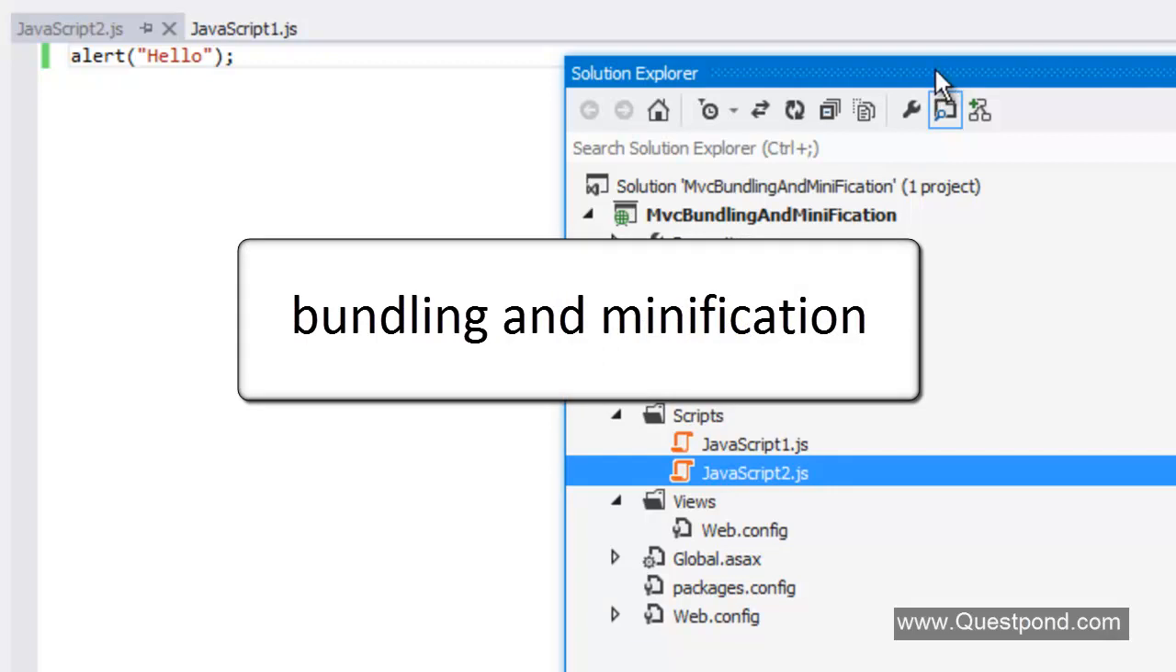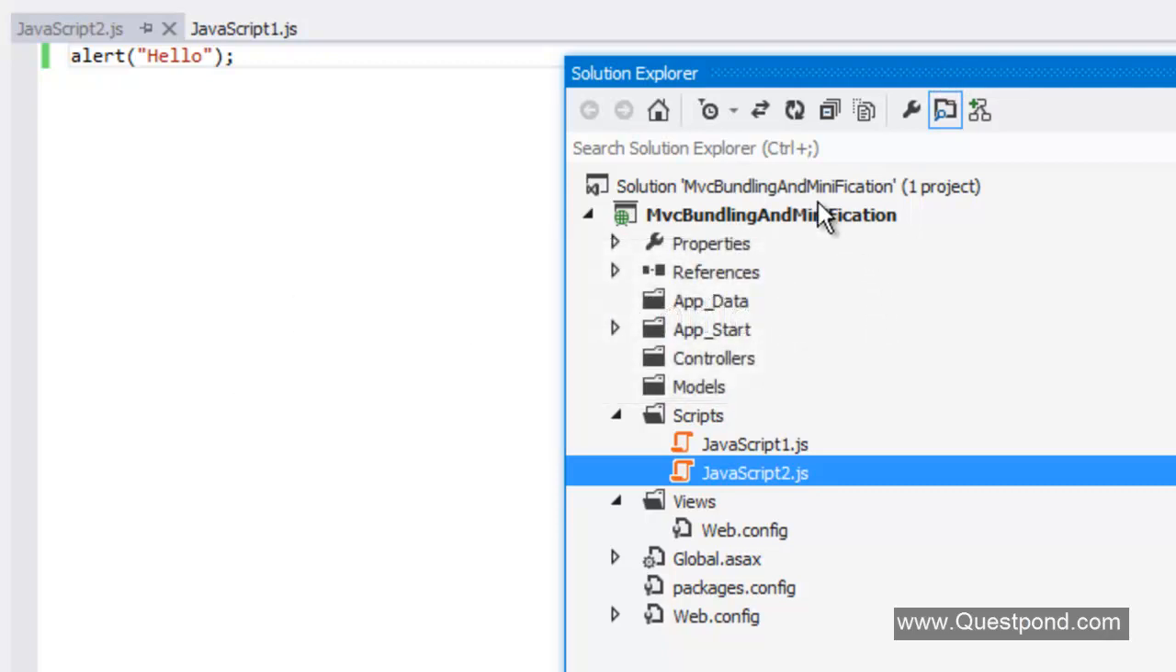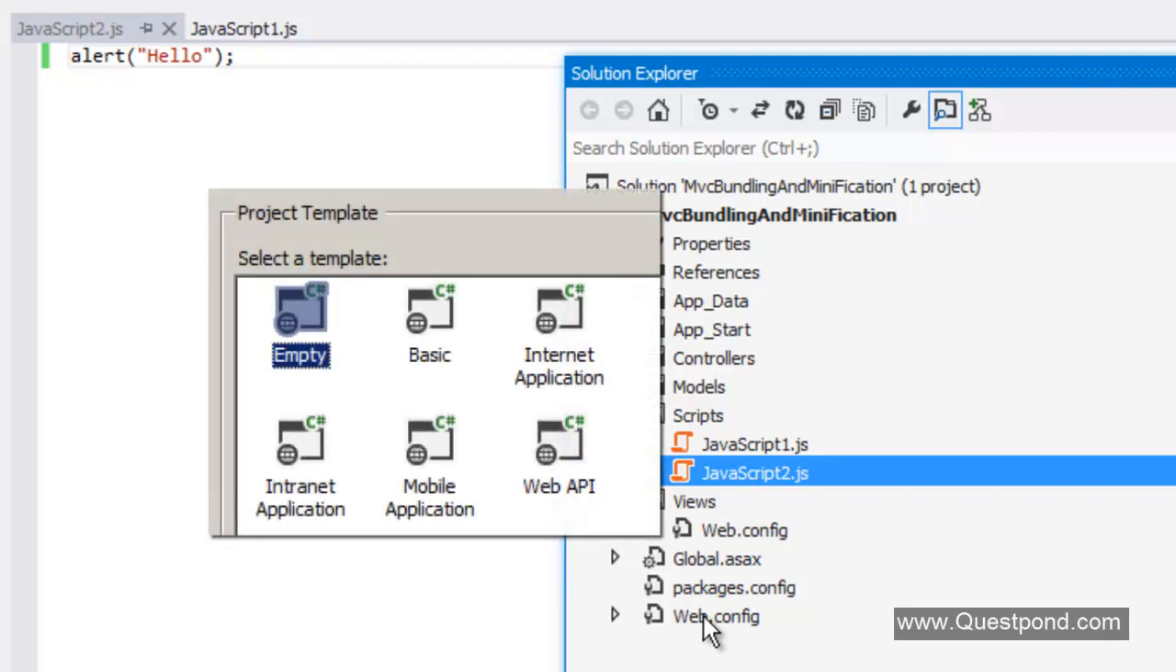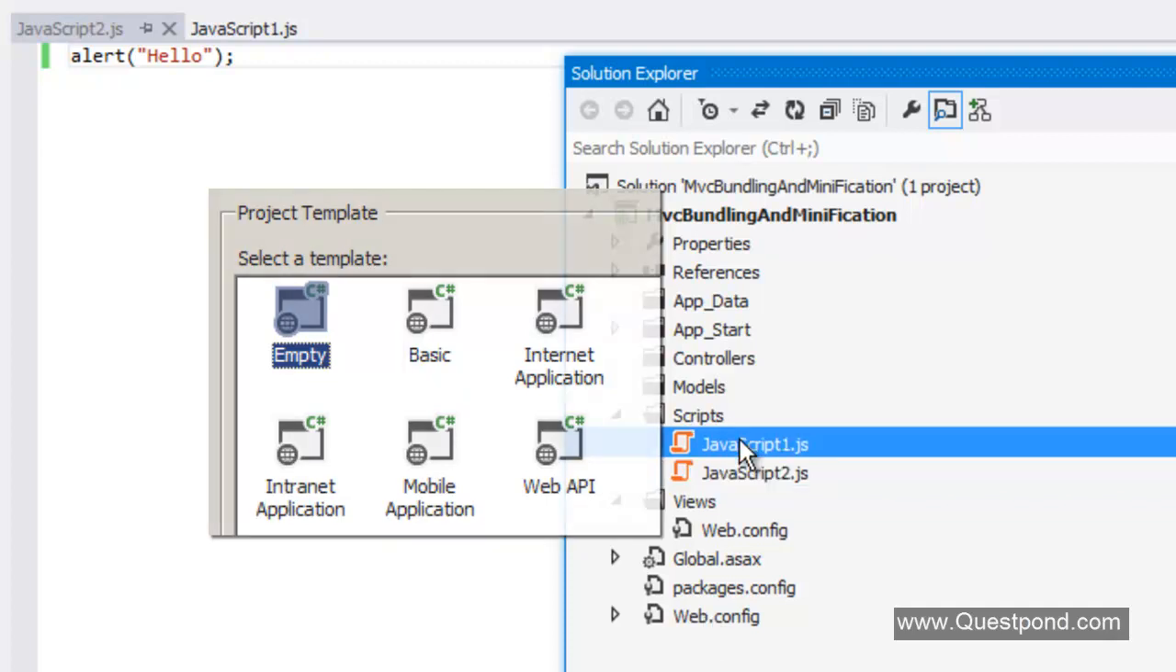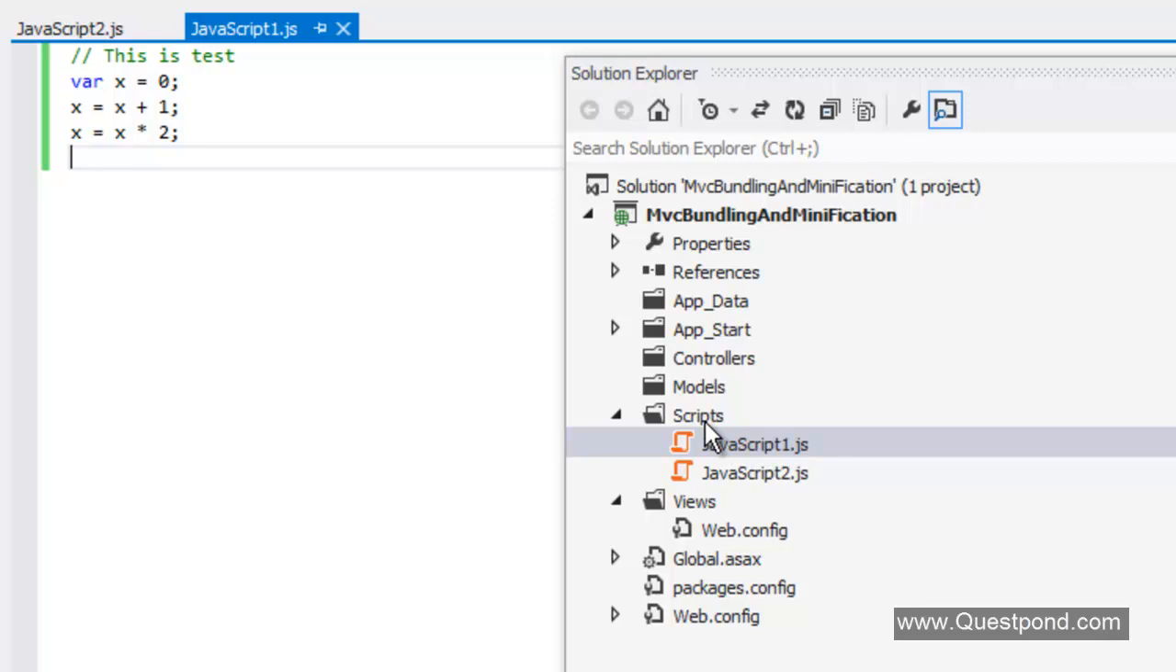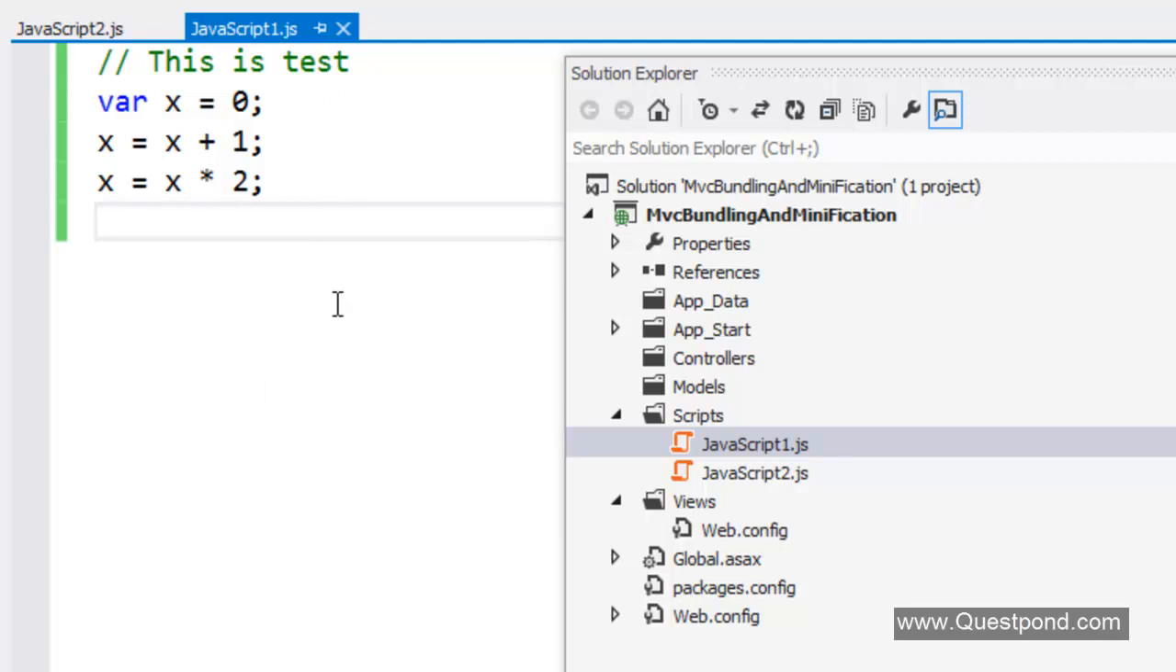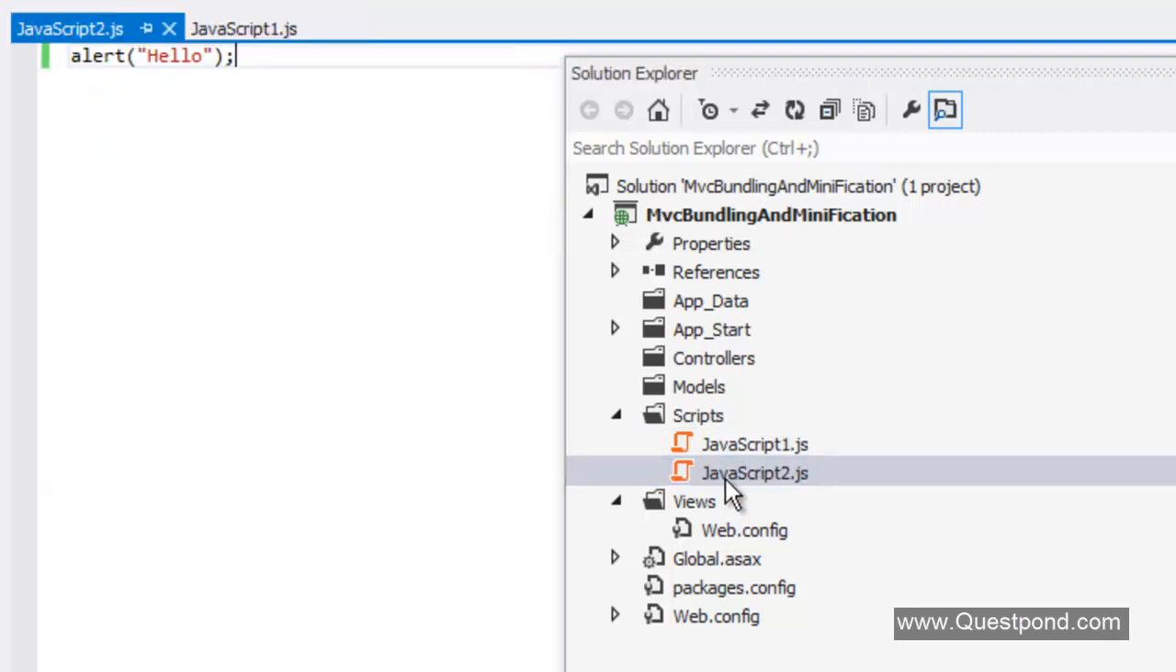So you can see here, in order to understand how bundling and minification helps to increase performance, I have created a very simple MVC project by using the empty template. In this project I have two JavaScript files. I have created a scripts folder here, and you can see that I have two simple JavaScript files. In the first JavaScript file, I have some variables doing addition and multiplication. There are some comments, and in the JavaScript 2.js file, I have just put a simple alert